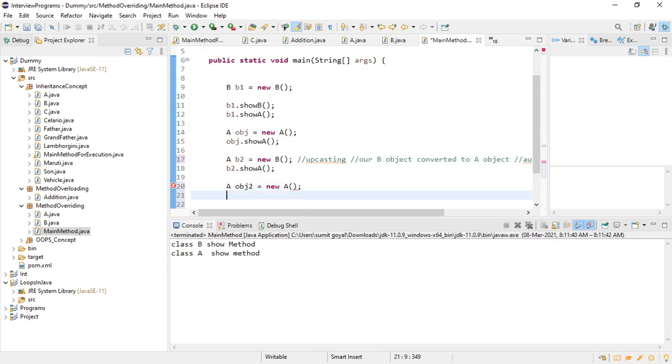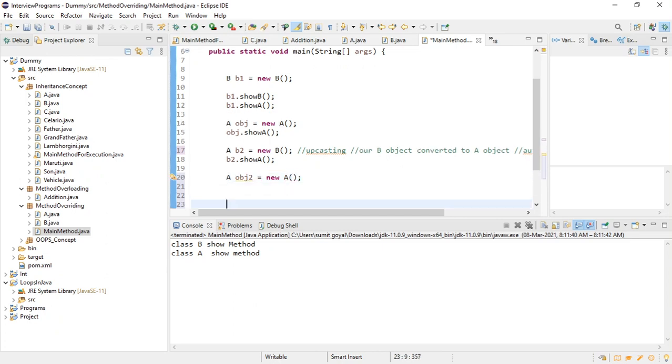So here I am creating one more object of class a, right? And suppose if I write like this, b obj3 equals to,